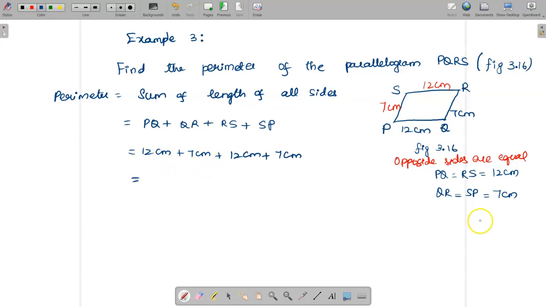So 12 plus 7: 7 plus 2 is 9, and then 1. Plus 12: 9 plus 2 is 11, 1 carry, 1 plus 1 is 2, and then 3. 31 plus 7: 7 plus 1 is 8 and then you have 3. So totally it is